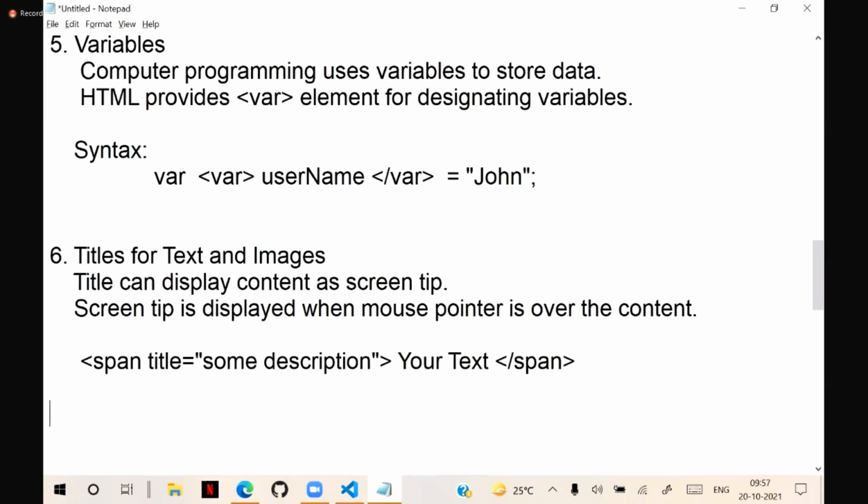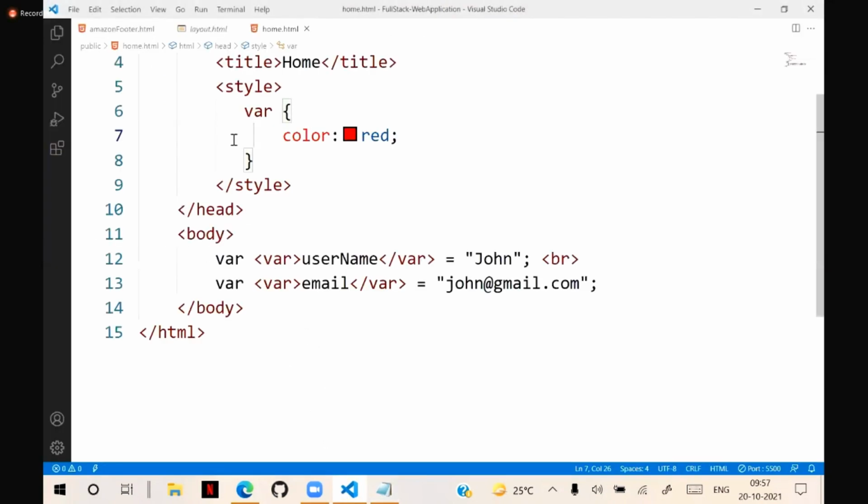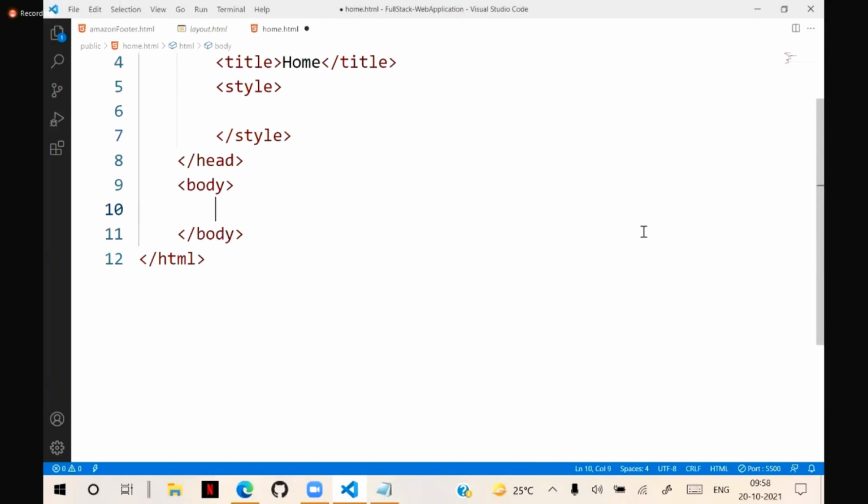For example, see, how we can configure these titles. So title. For text and images we will see later. Images we can see later. Here I am typing some content in the body section. Here I am designing. So host